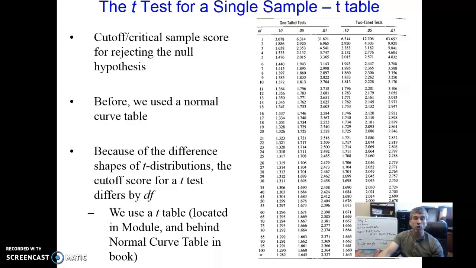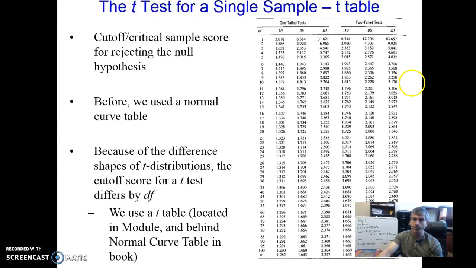Remember, we used the normal curve table for some exercises, looking up critical values and that sort of thing. A t-table has also been uploaded to this module. Just like the normal curve table, I'm not going to have you use this on an exam. It's just for getting a mechanical sense of where these critical values are coming from. They're not just magic numbers that come from space. They correspond to specific